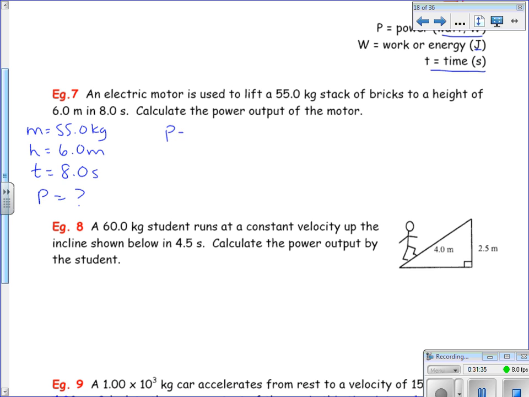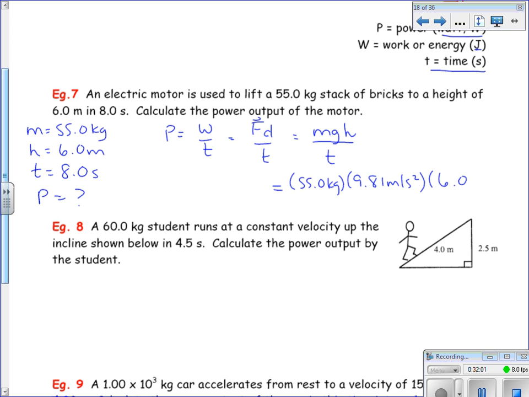So power is equal to work over time, which is equal to force times distance over time, which when we're talking about vertical motion, that force becomes the force due to gravity, or work becomes gravitational potential energy. They mean the same thing. You can look at it however way you're comfortable looking at it. So that becomes 55 kilograms times 9.81 meters per second squared times the height of 6.0 meters, and then we're going to divide that by 8.0 seconds,